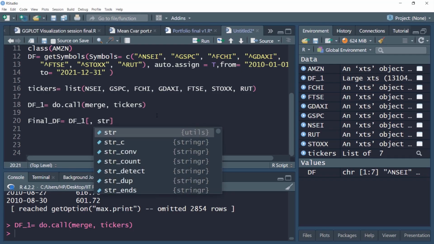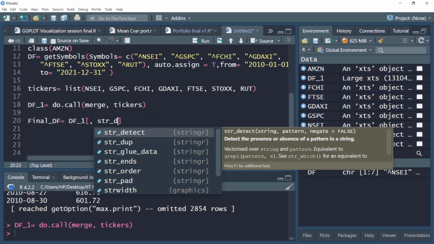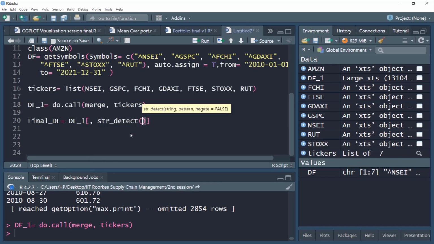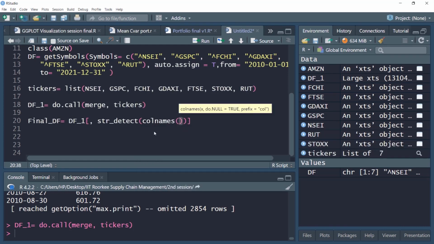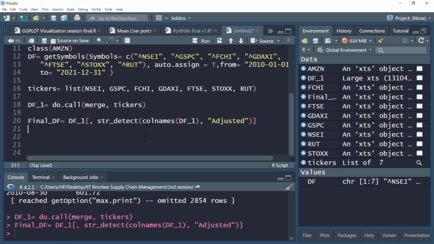I'll use this str_detect command, and in this str_detect function, I'll supply the column names of this df1 object, and I compare it with the term adjusted. Those columns or variables where this adjusted term is there will be selected and the remaining will be ignored.